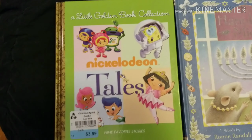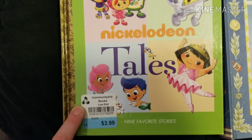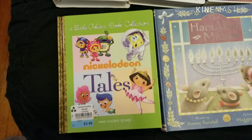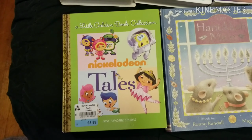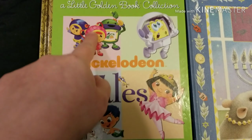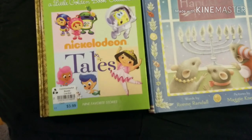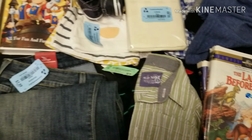And then I picked this book up for my youngest daughter. Now this one was otherwise marked. It was still half off, so $2. And it's a golden book, and I've been obsessed with golden books since I was little. We actually still have some of my books from 25 years ago. And I thought she'd really enjoy this. Now, I know that's Dora, SpongeBob. I think these are the Bubble Guppies. I'm not sure who they are, but whatever. It's 9 stories in one book. That's over a week's worth of bedtime stories, so that was a great purchase. So overall, I think I made out pretty well with a mixture of...